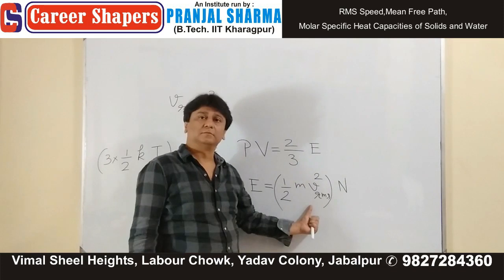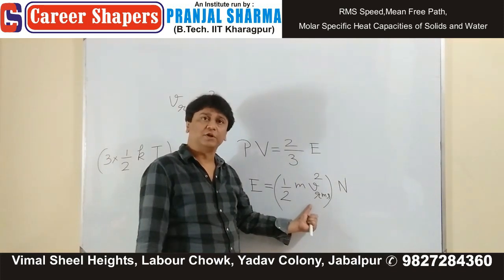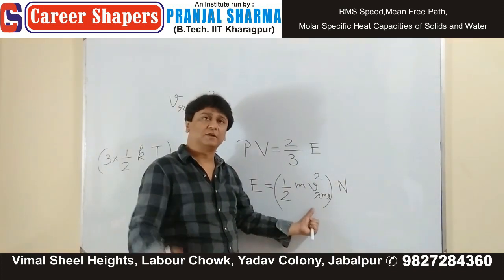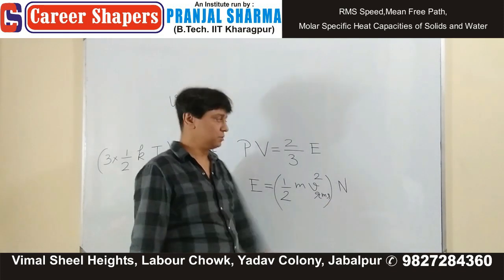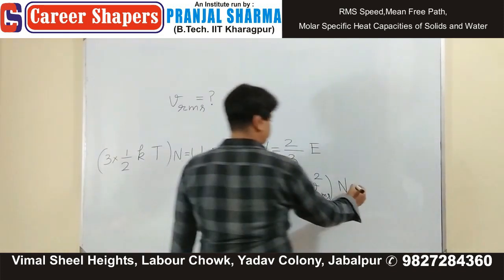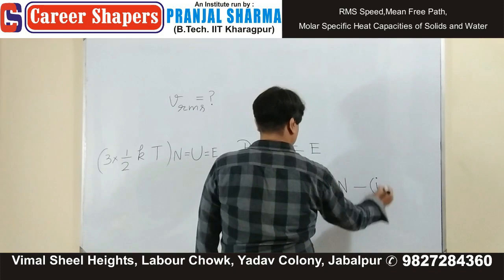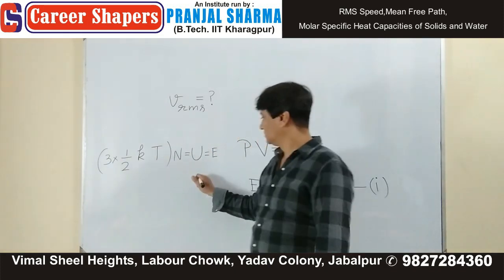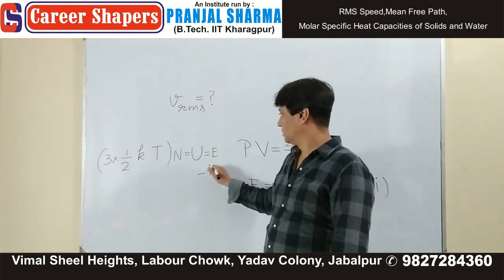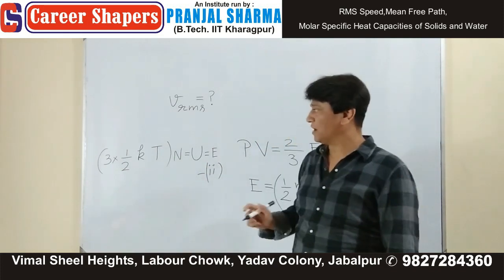This is the simple presentation of kinetic energy of m v square. Everybody knows that this is the kinetic energy. There are n molecules. So from this and this, we can find